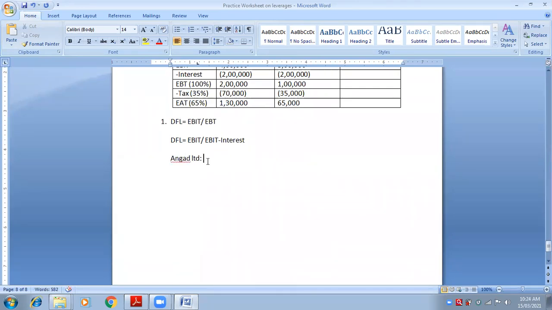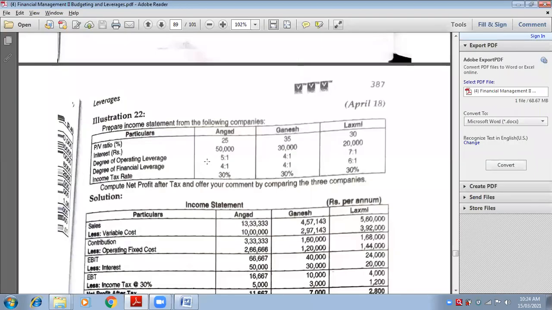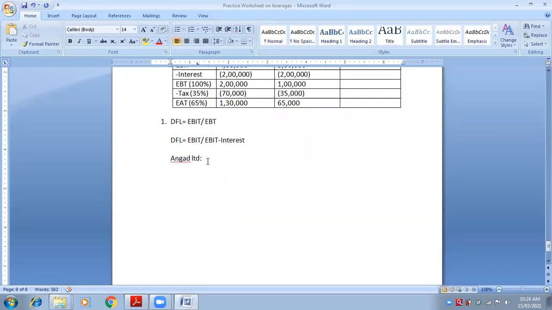Okay, Angad Limited. Now, what is DFL in case of Angad Limited? Can you tell me? DFL in case of Angad Limited. 4:1. That 4 means 4. So DFL is 4 is equals to, what is EBIT? Not given. So let it be X. You can write a comment statement here. Let the EBIT be X. So 4 is equals to, EBIT means X divided by, again because EBIT minus interest,